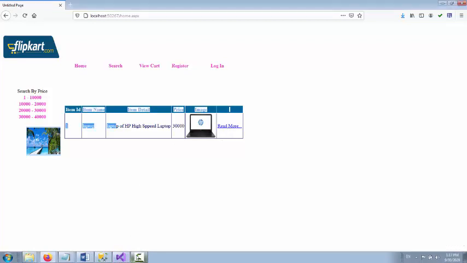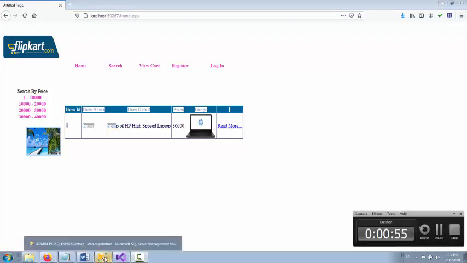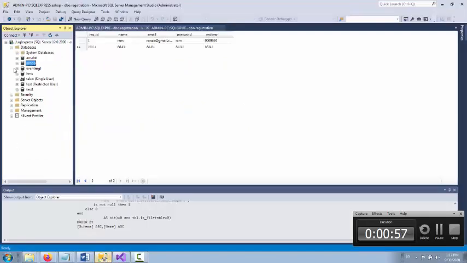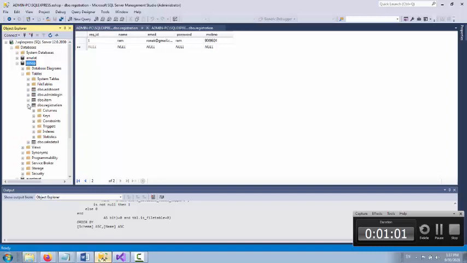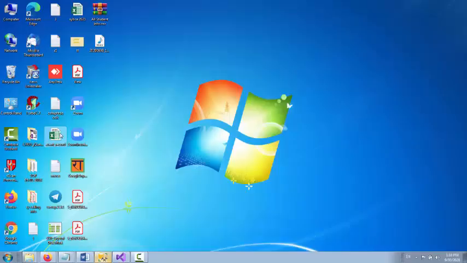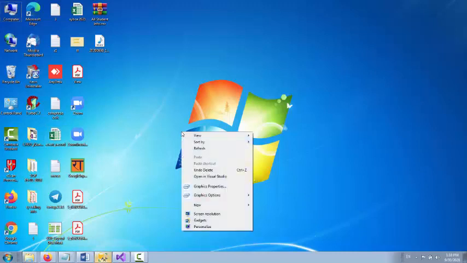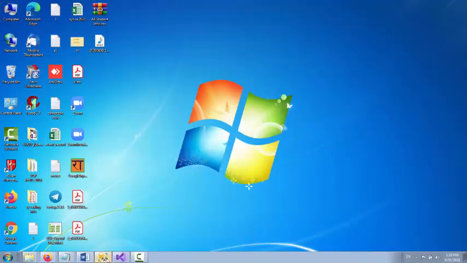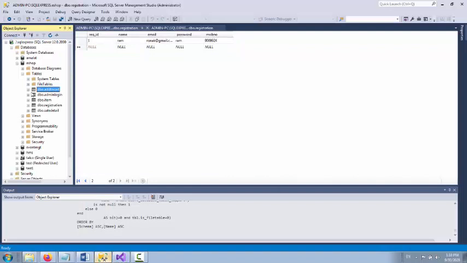Yes, in this project what we are going to do is design the database, and after designing the database we have to create two different modules. The first one is the admin side and the second one is the client side. Yes, first we have to design the tables. So how can we design the tables and what are the table contents, let us see.